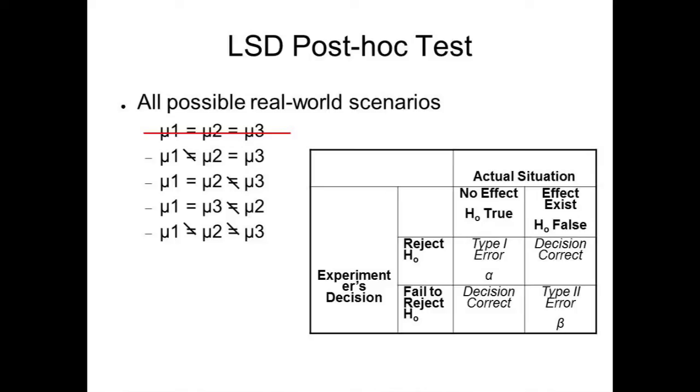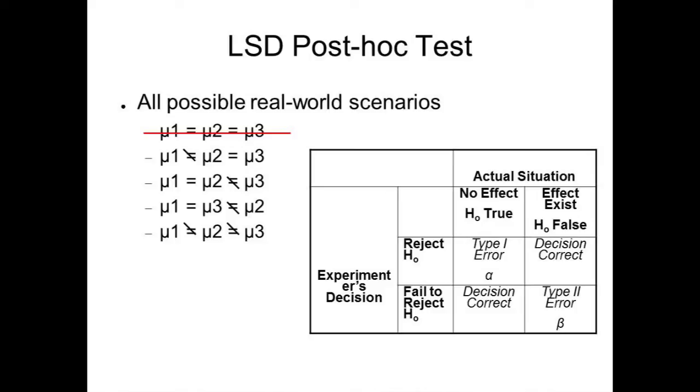The next 3 hypotheses imply a world in which one of the means is different from the other 2, but 2 of those means are the same. So for the first example, in the real world, it would be that means 2 and 3 are the same, and means 1 and 2 are different, and means 1 and 3 are different. So if we ran individual t-tests here, then there's only one of those tests where we could potentially make a type 1 error. That's comparing groups 2 and 3,